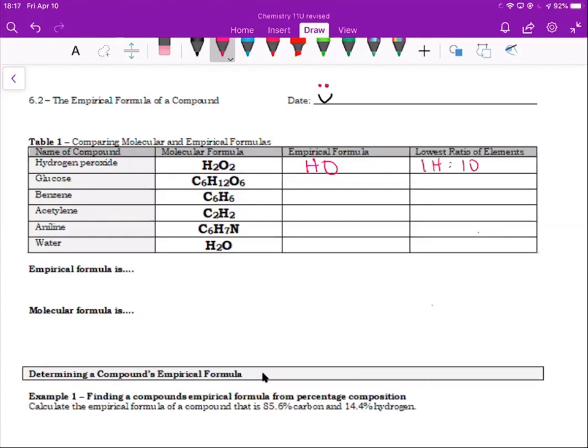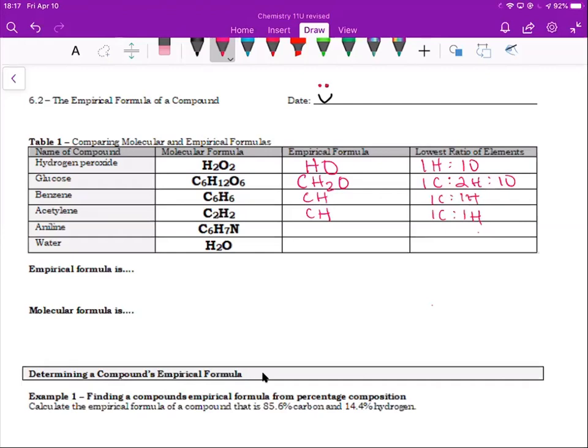For glucose, C6H12O6, the lowest common multiple between these 3 elements is 6. So I would reduce it to CH2O. So for every 1 carbon, there's 2 hydrogens and 1 oxygen. Look at benzene and acetylene. Benzene I want to reduce by 6, and acetylene I want to reduce by 1. When I reduce both, I get CH and CH. So when I'm looking at my empirical formula, the ratio, they're both 1 carbon to 1 hydrogen,